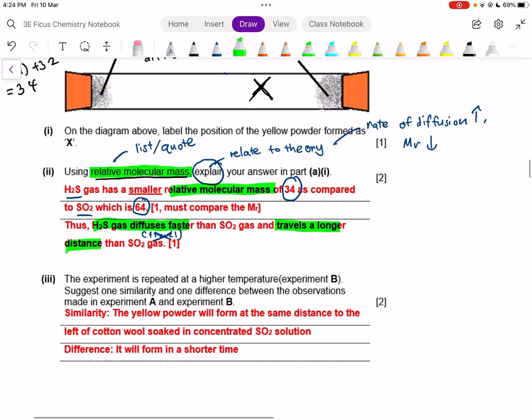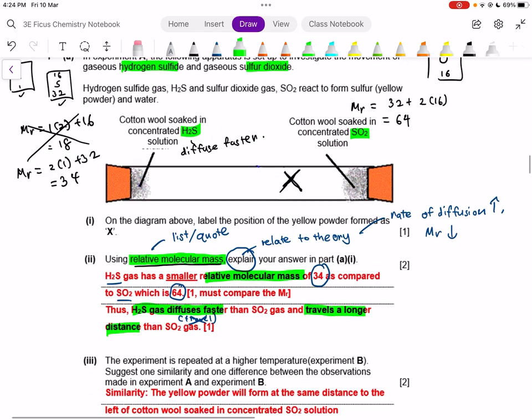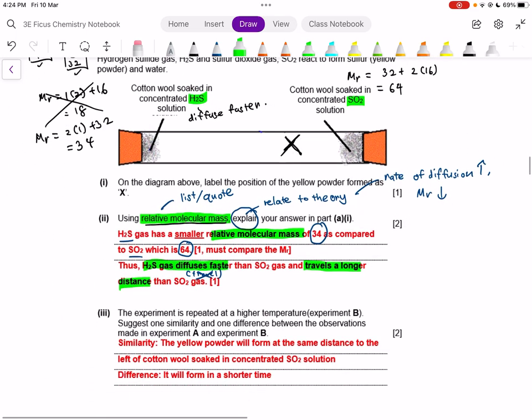Okay, part 3. I think this one is very similar to the ones inside your notes that I have gone through with you all. The experiment is repeated at a higher temperature. I think most of you are aware of the concept here: when you increase the temperature, you increase the rate of diffusion. But the question is not so much asking for the explanation, but the similarity and difference between the